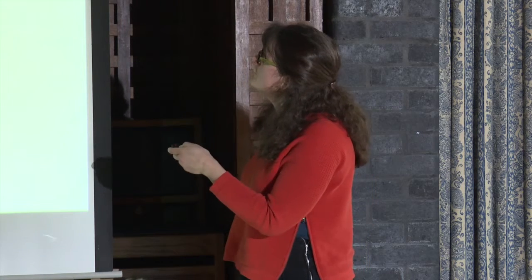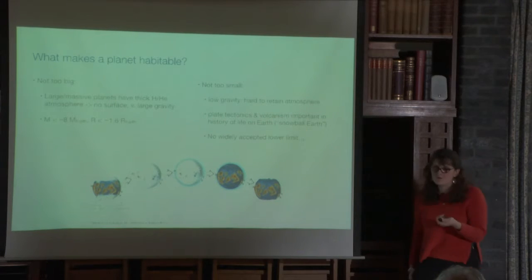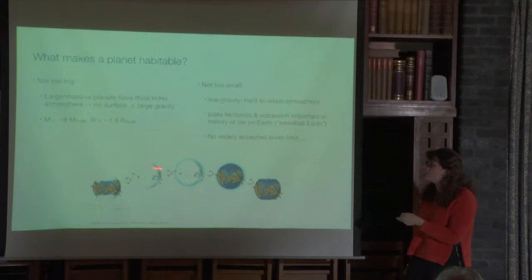We also don't want them to be too small. Low gravity makes it hard to retain an atmosphere, as Mars in our own solar system definitely shows. And it's also thought that plate tectonics and volcanism played an important role in the history of life on Earth, in particular in helping kick the Earth out of snowball episodes where you get basically runaway glaciation. And when runaway glaciation occurs, the only way to get out of it that we know of is by volcanism throwing up large amounts of CO2 in the atmosphere of the planet, and therefore starting an enhanced greenhouse effect that helps